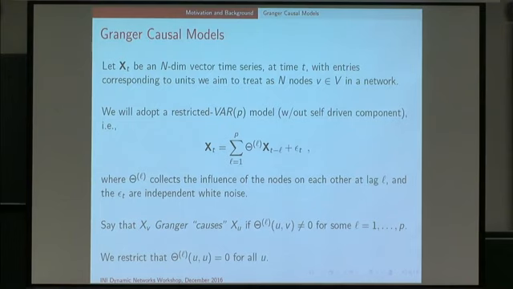This is for a time-indexed model where the parameters, however, are not moving. We're ultimately going to define a non-stationary version of this. So we're actually going to let these matrix stacks change in time. Okay, so it's going to be a bit of an indexing nightmare. There's going to be multiple things going on here with that. People typically say that x_v Granger causes x_u, right, if this particular coefficient is non-zero for some lag. Okay.